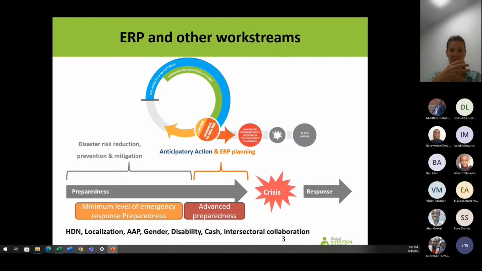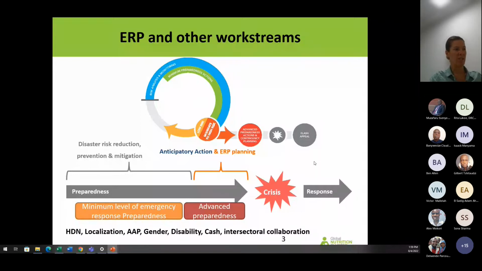So I'm going to bring back this slide I showed you at the beginning of the workshop on Tuesday, where we have made this attempt to put on a timeline our ERP planning here and how it complements more longer-term disaster risk reduction strategies, and how with this loop process we prepare well with our advanced preparedness actions